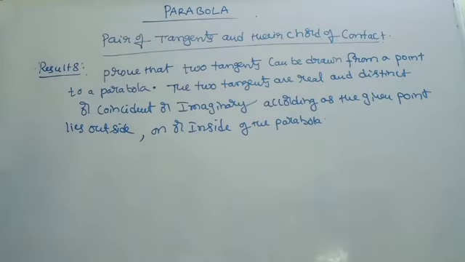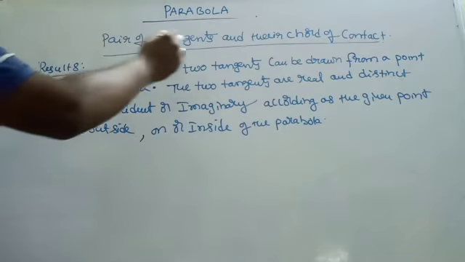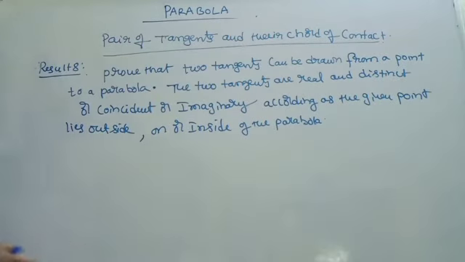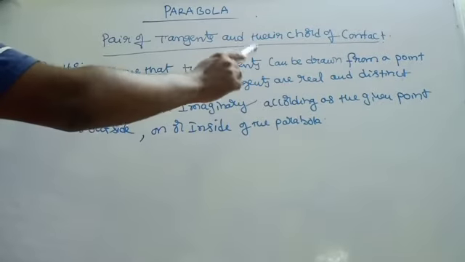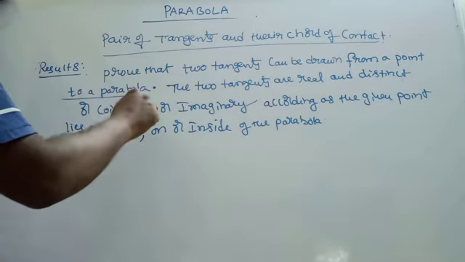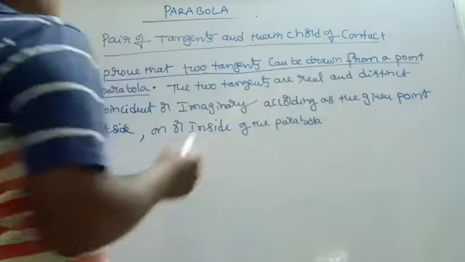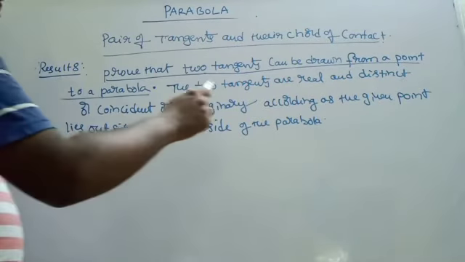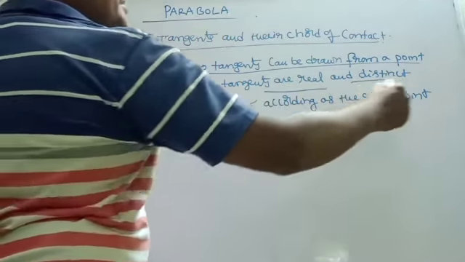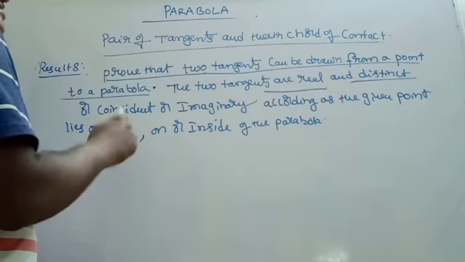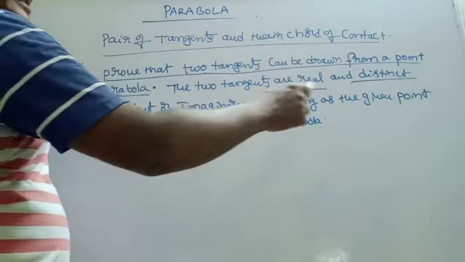Now, another important result. The concept is pair of tangents and their chord of contact. This is the heading, pair of tangents and their chord of contact, right? This is result number 8, my dear students. Prove that two tangents can be drawn from a point to a parabola, and the two tangents are real and distinct, coincident, or imaginary according as the given point lies